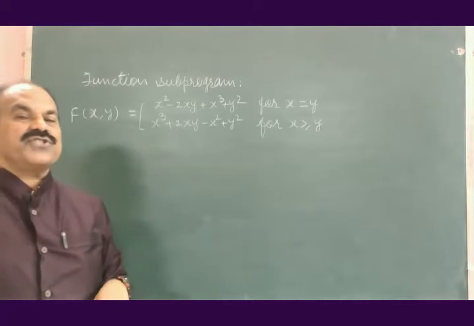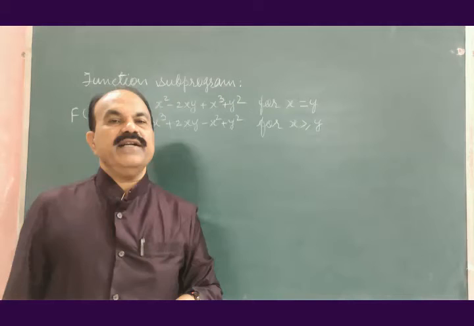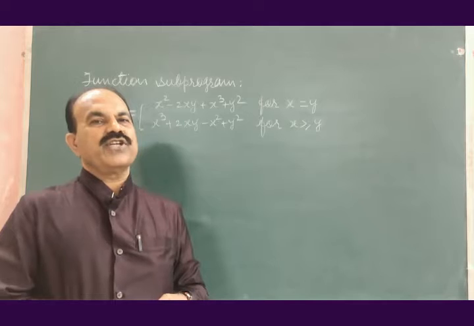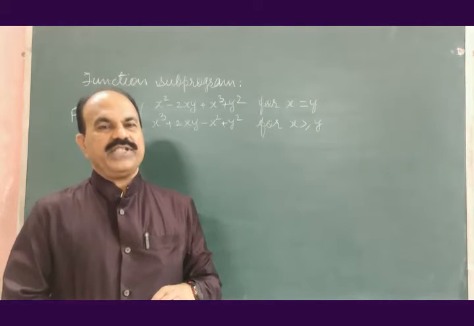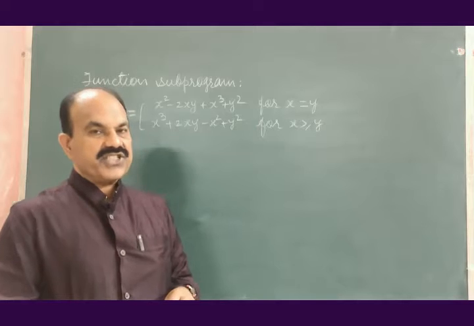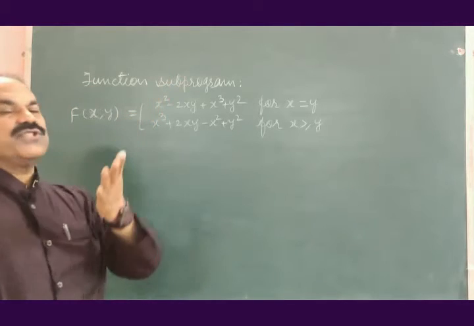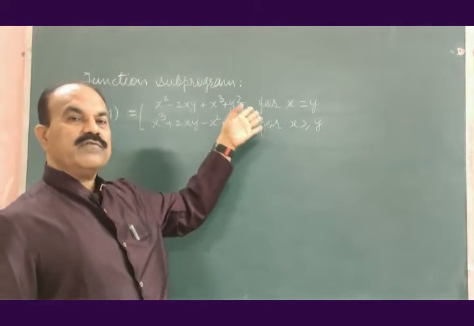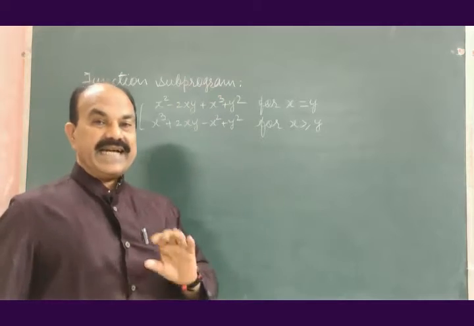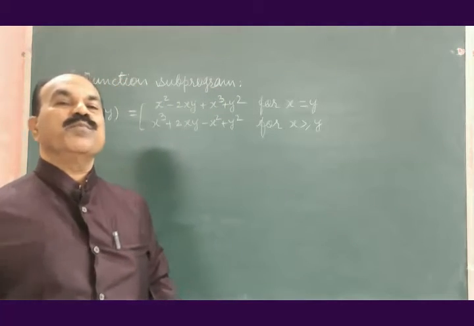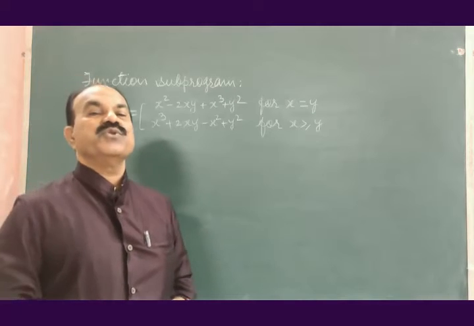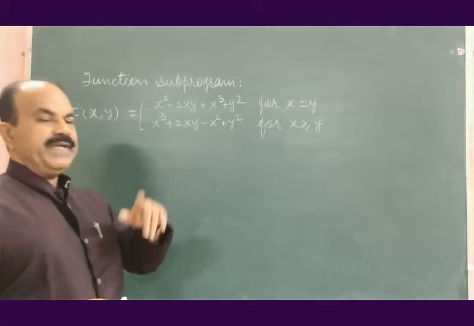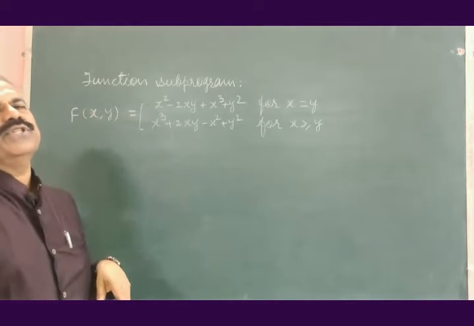If such functions are needed to be implemented in a Fortran program, an arithmetic statement function is not sufficient. In such cases, we have to go for a function subprogram. That is, you must write a program for this and use this program as a subprogram in some other program. The other program is known as the main program. Let me try to write a subprogram for this.